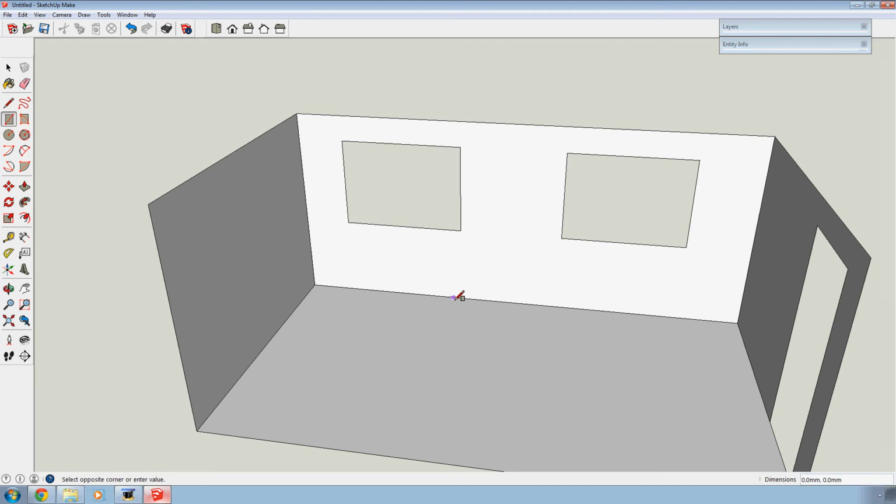So I'll just pick any point along the back line here. Now, when you go to draw a rectangle in SketchUp, you can't always know which dimension is going to be first. If you look down at the dimension box, you'll see that the rectangle is obviously longer one way than the other, and it's saying 2000 odd by 1129. So obviously the first number is the width of the unit, which in our case we want to be 900, and put in a comma, and we want the depth to be 600,